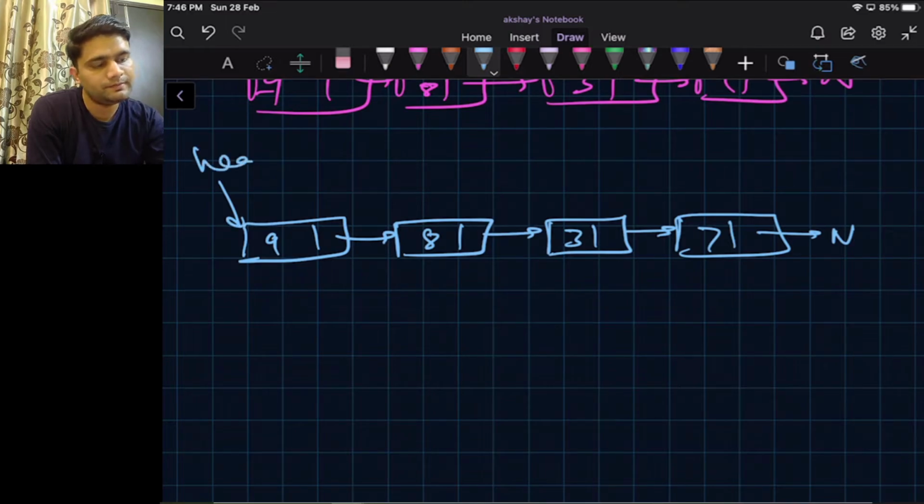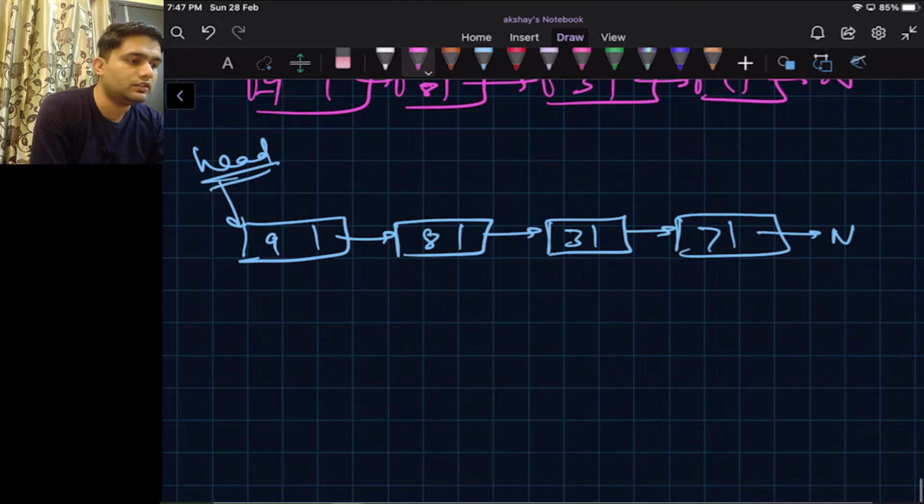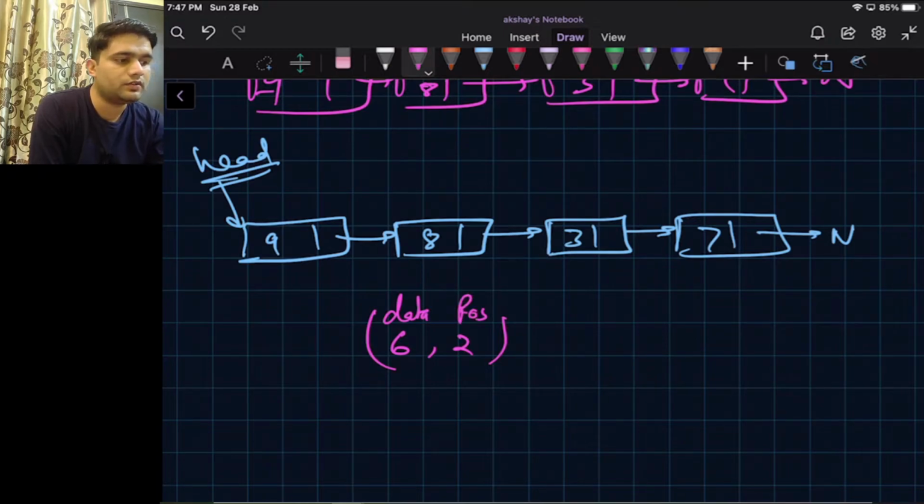This is the head, and now we want to insert data 6 at position 2. So this is the data, this is the position. This is how our insert will work in this case.